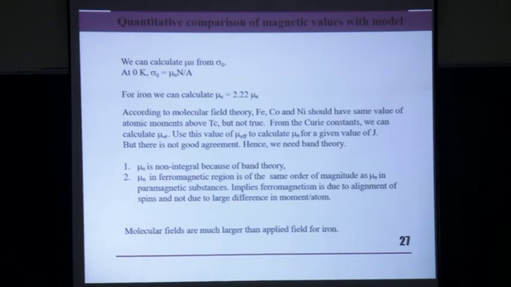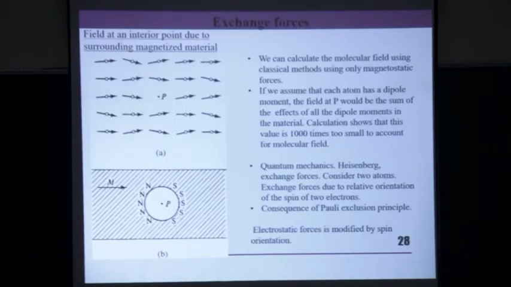So, putting it in a qualitative way, even small magnetic moments, by working together, can create a giant effect. I've been telling this throughout the course. Even if you have large moment atoms, but they don't work together, the effect is small. Okay, so the molecular fields, when you calculate, turn out to be much larger than the applied field for iron.